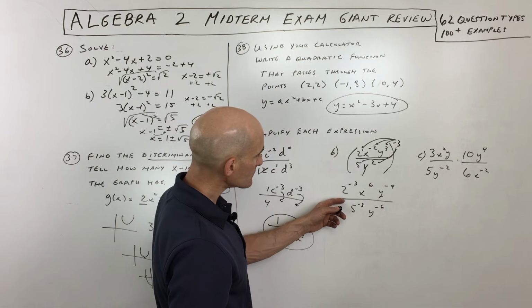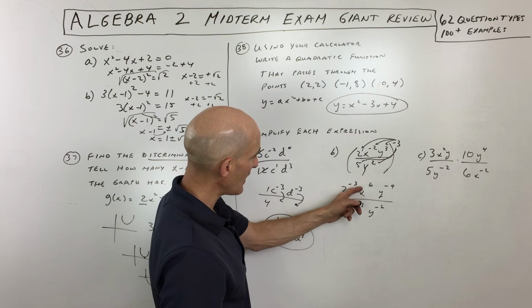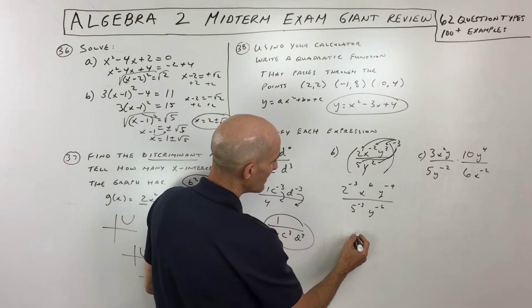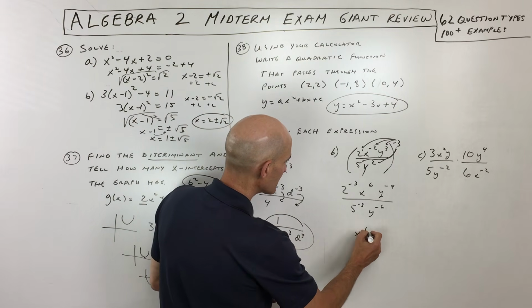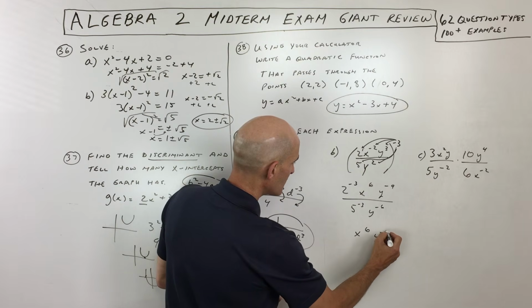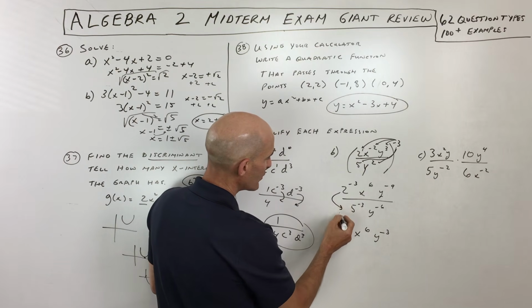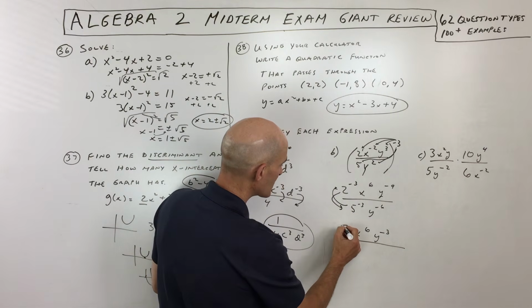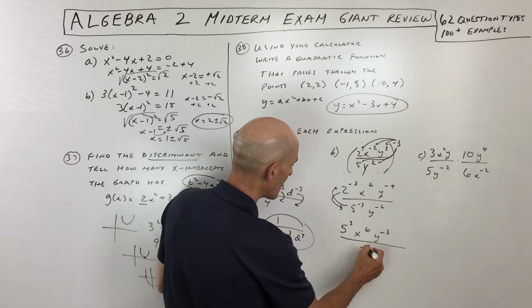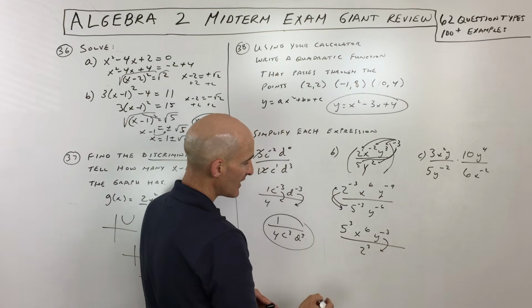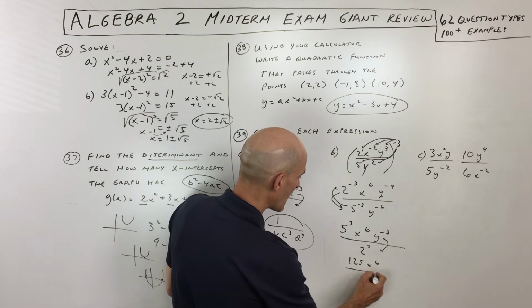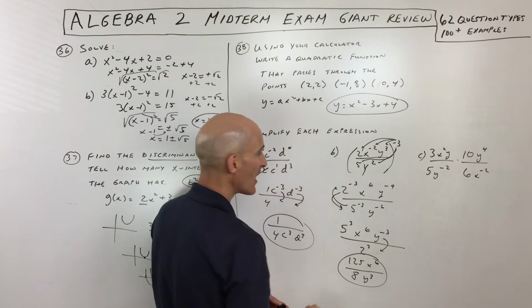Okay, now remember, when you divide, you subtract. So if we have the same base, like here we have both base y, negative 9 minus negative 6 is going to be negative 3. So we get x to the 6th, y to the negative third. The 2 I'm going to bring to the denominator, the 5 I'm going to bring to the numerator, because the negative exponent tells you to take the reciprocal. So that's going to be 5 cubed up here, 2 cubed down here. Also the y I can bring down to the denominator because it has a negative exponent, and I'm going to simplify. So 5 cubed is 125, x to the 6, 2 cubed is 8, and then I'm going to bring the y down to the denominator, y cubed, and you got it.